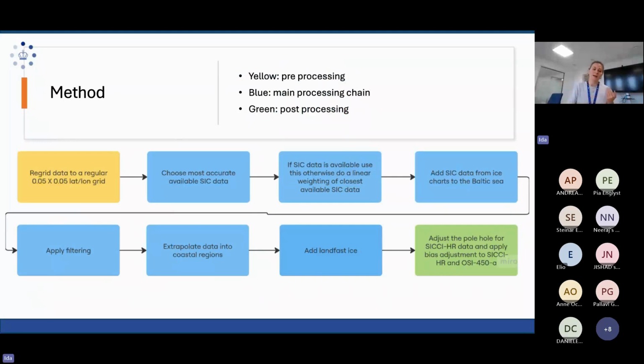And then we apply filtering methods to ensure that we don't introduce any trends from this combination. After that, we extrapolate the data into coastal regions. And then we add the landfast ice, where we add landfast ice from the closest available ice chart. As a very last step, we do an adjustment for the pole hole for SIGI high resolution, and I can